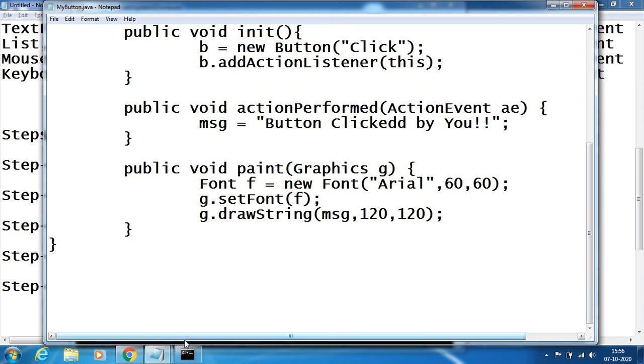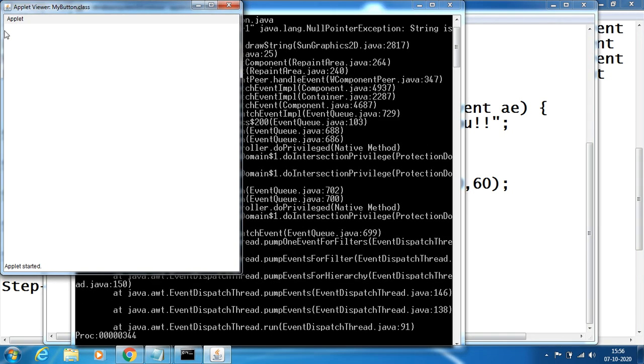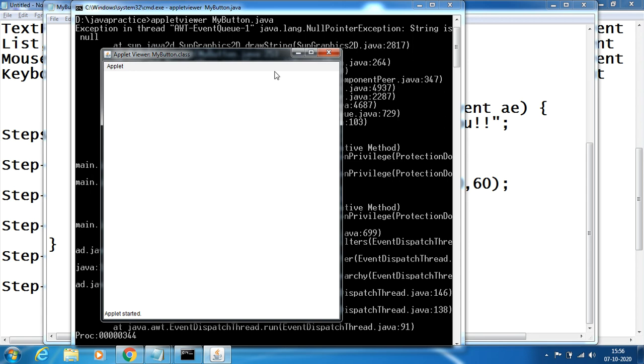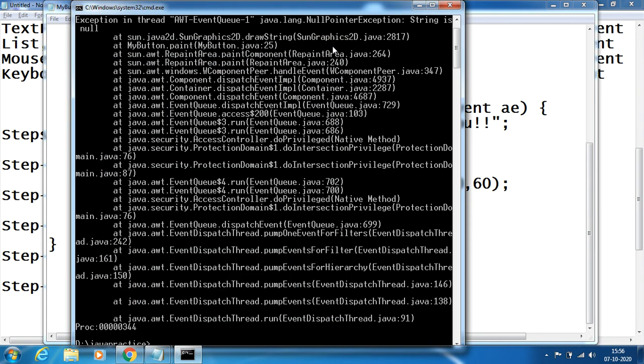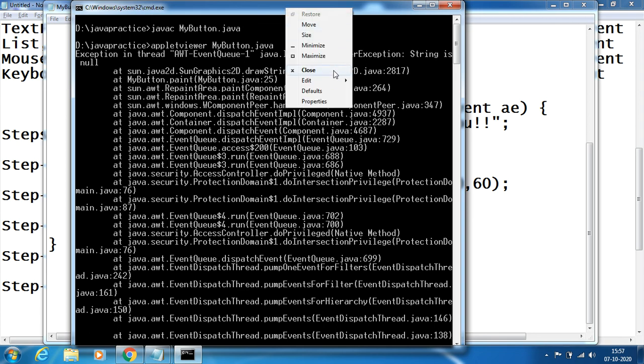Now again, if you run the program, once check. javac space my button dot java. This compiled. Now appletviewer space my button dot java. See, it shows me an error here. The error mainly intends that, see, a null pointer exception. Please watch my exceptions videos, you can understand what that is.